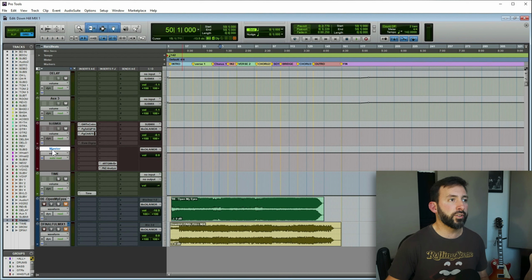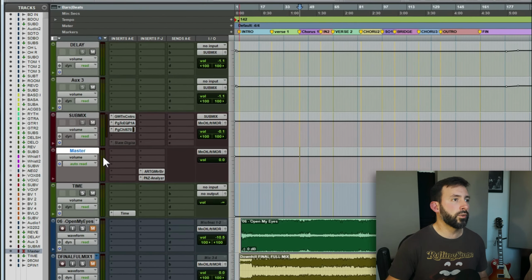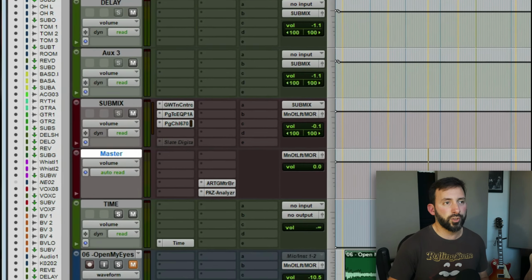One thing you might notice is the overall volume is very loud. That is because I like to mix with a very good margin of volume. If you see here on the master bus, let me play the chorus for you. And you will see the volume is normally around here. I don't want it to go too close to the top.